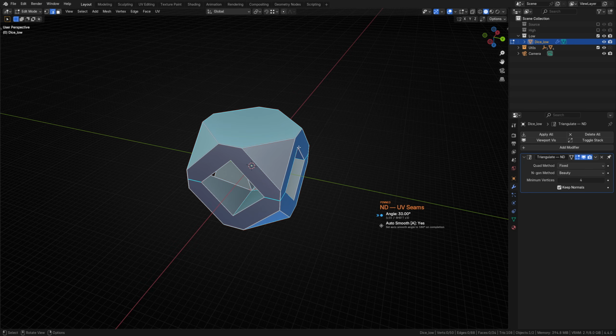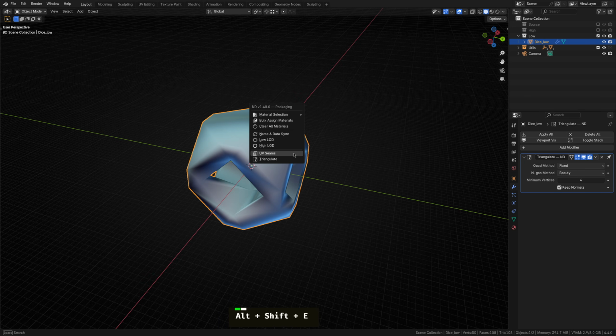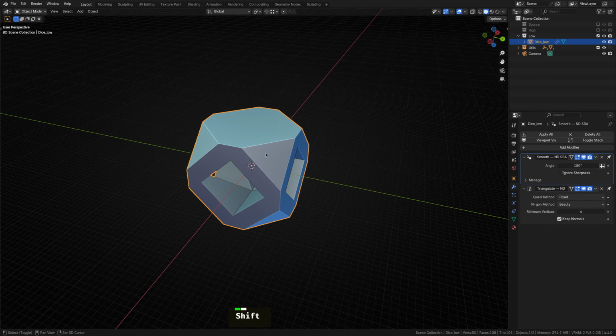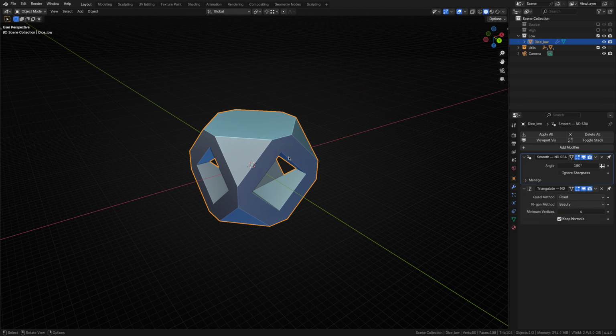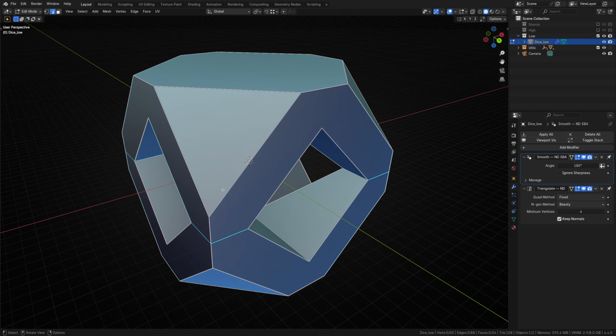It's interactive and angle-based, which is what we want, but given I'm working with a standard 30-degree hard edge, the default works just fine. Knowing the default works, I can run the UV seams operator while holding down Shift and skip the interactive part altogether. If we take a quick look in edit mode, you'll see that it automatically applies a sharp edge to all hard edges and marks them as UV seams.